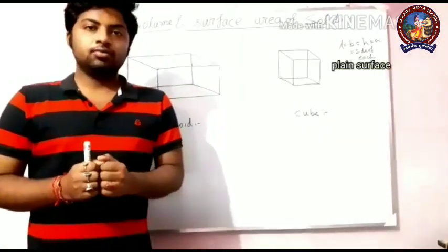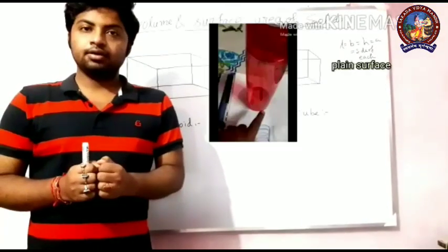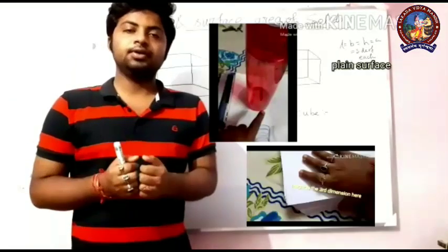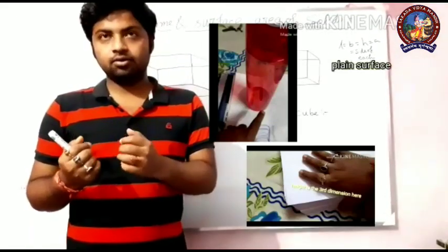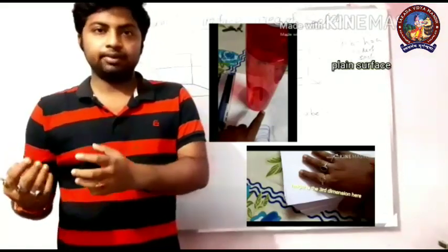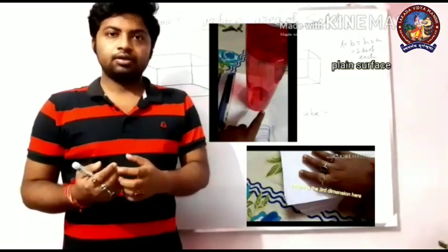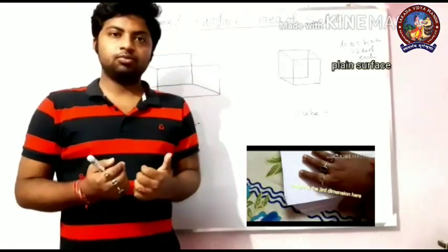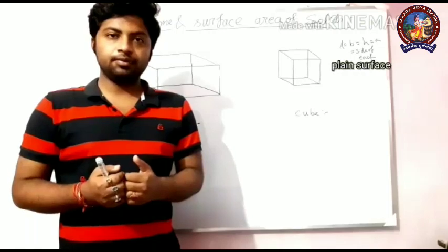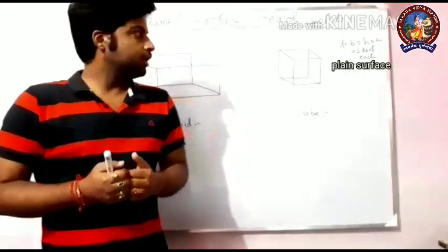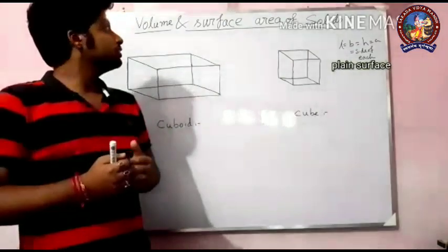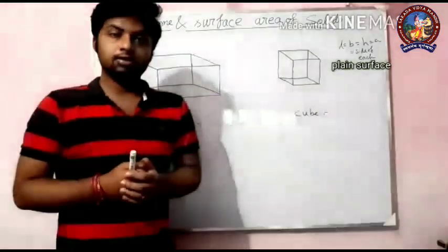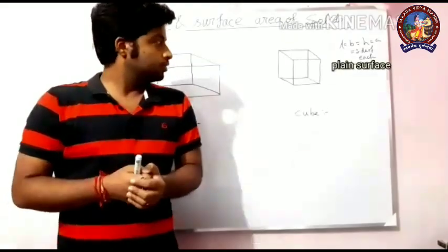In a video I have explained how a two-dimensional figure becomes a three-dimensional object after getting a height, or you may say after getting the depth. That video is directly posted in the WhatsApp group. You can go and check again. Okay, now at first we will discuss the surface areas of the solids. Now I'm going to start the discussion.